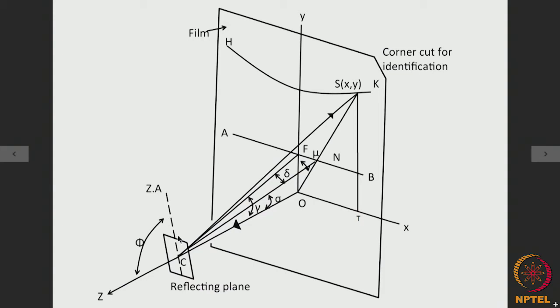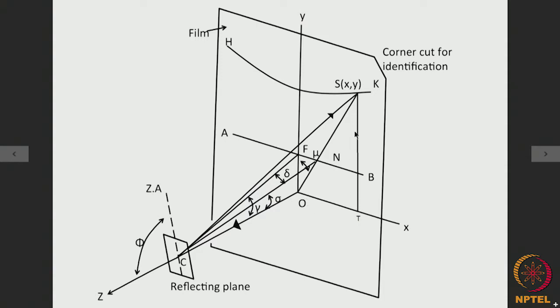Now, the diffracted spot by this plane falls at the point S, say. Now, what will happen to the plane normal? The normal to the plane, which is Cn, is incident over here on the film. Now, this particular spot which has got the coordinates x and y and which can be easily measured on the